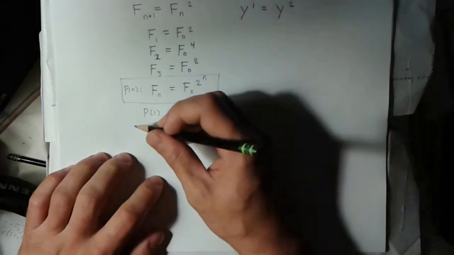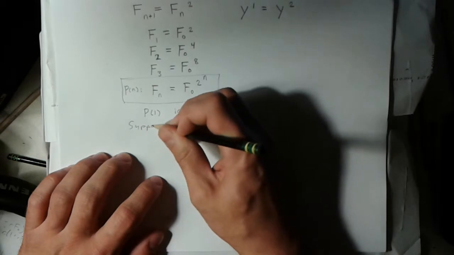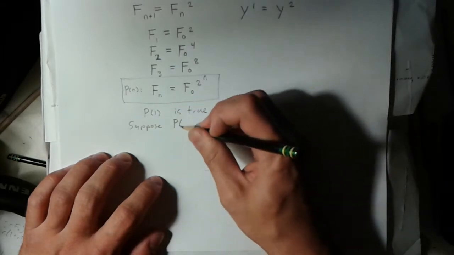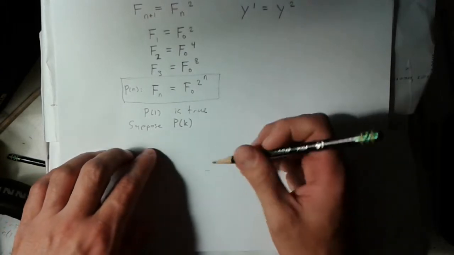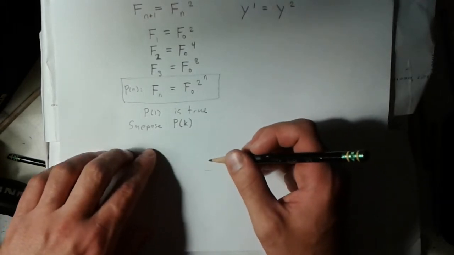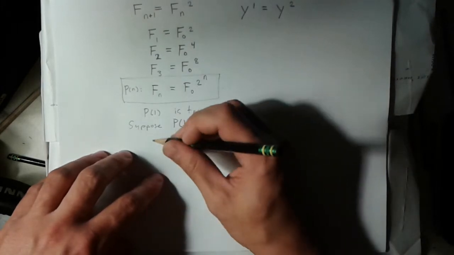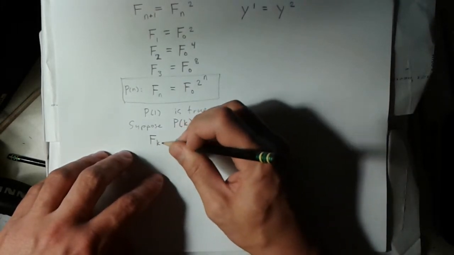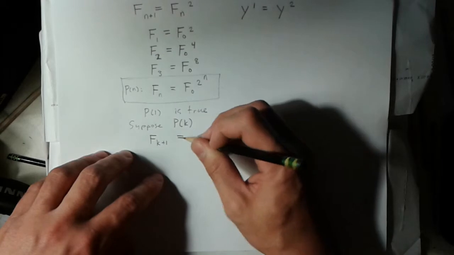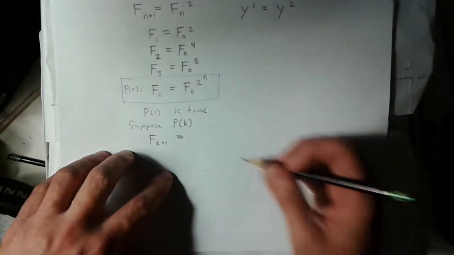So then all we have to do is suppose pk is true, and then just look at the k plus 1th term. So if we look at the k plus 1th term, according to the original definition up here, this is just going to be